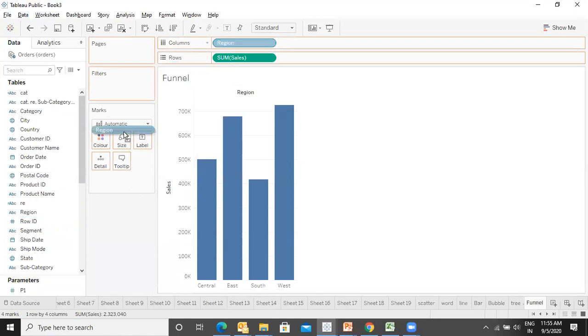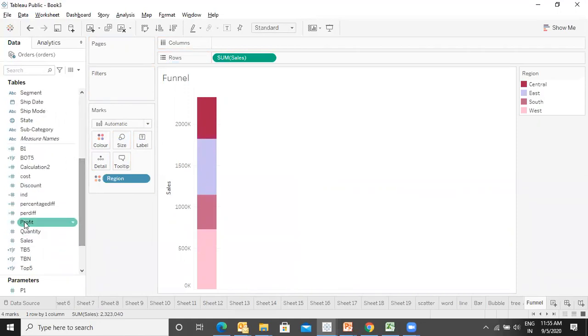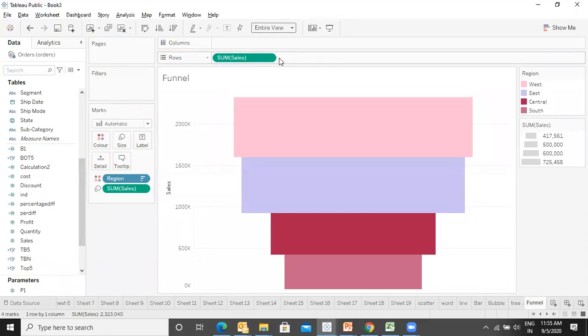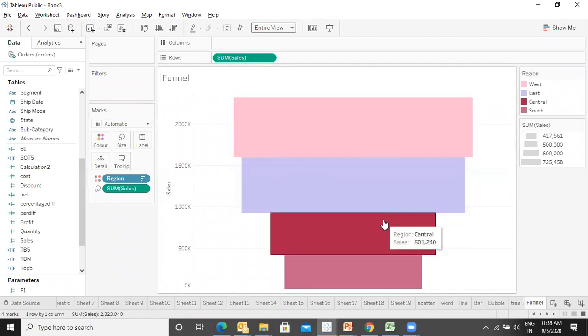Let me put the region into the color and the sales into the size. Let's sort it and make it entire view. So this is known as a funnel chart, where you can see it is coming from bigger to smaller to the smallest one. It resembles a funnel from bigger to smaller. That's why it is referred to as a funnel chart.